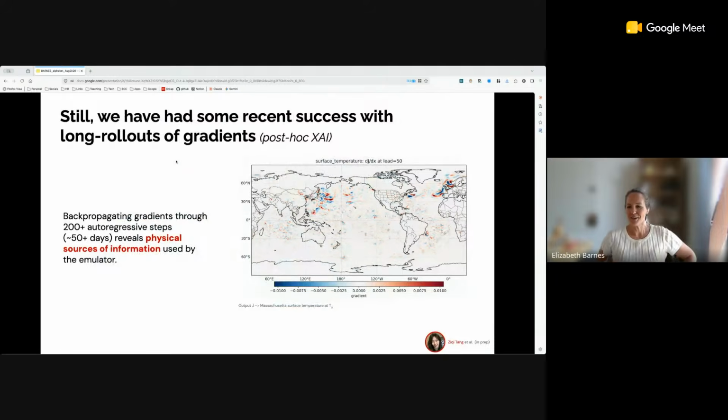Okay, great. So we are trying to use some of these XAI methods with these long rollouts of these autoregressive models, specifically looking at the gradients. This is a really nice new example by a PhD student in my group, where we're using the emulator to, not predict, we're just rolling out, apologies, it's not a forecast. We're just running long simulations with a particular AI climate model. But once we run that simulation, we grab Massachusetts temperatures and go backwards through the rollout to try to understand the regions of the globe where the network is most sensitive during that rollout process.